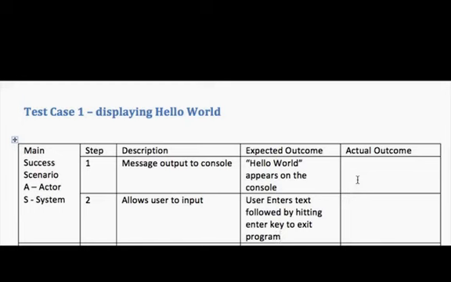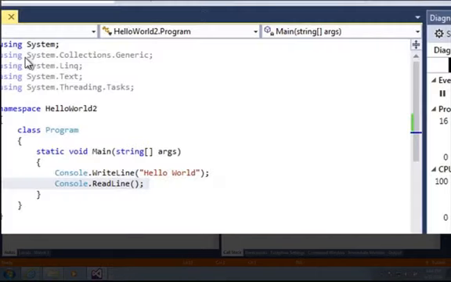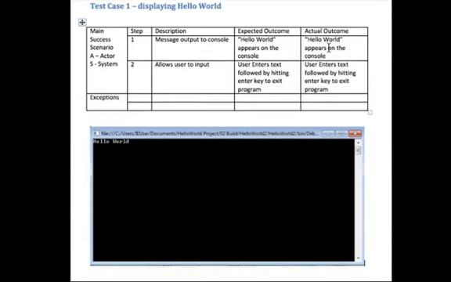Let's run the program and see, is this the actual outcome? So here we can see the hello world runs, type in some text, hit enter, and the flow runs through to the end. So I've just appended a screenshot here to my test case as evidence of the successful test. So I'll evidence here that the actual outcome matches the expected outcome, and the test is